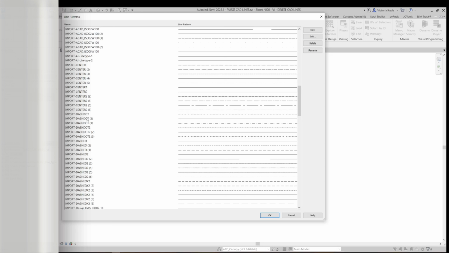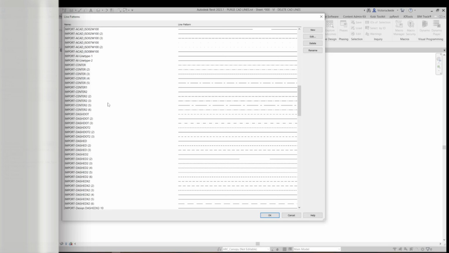in Excel. And if you have other line types that don't start with import, it would be helpful to first do some auditing and find some kind of consistency. It could be that they all have a dash D in the middle or that they end with a number or something, but there needs to be some degree of consistency for this code to work. However, in most cases, you'll find that the CAD lines come with an import at the beginning, so that's what